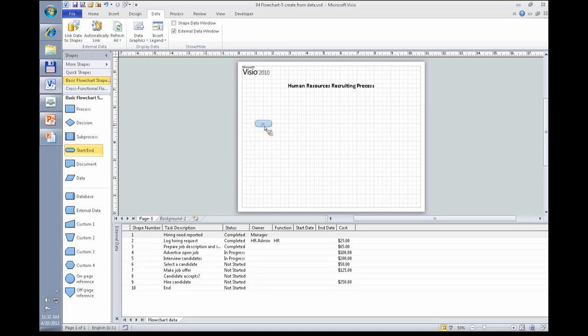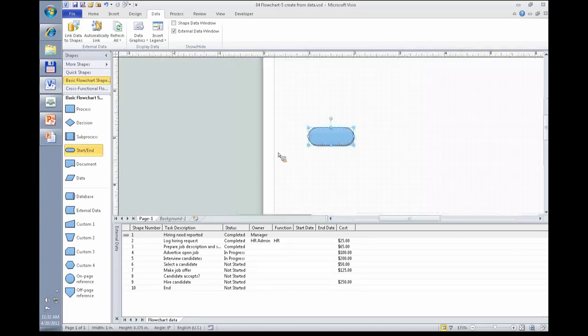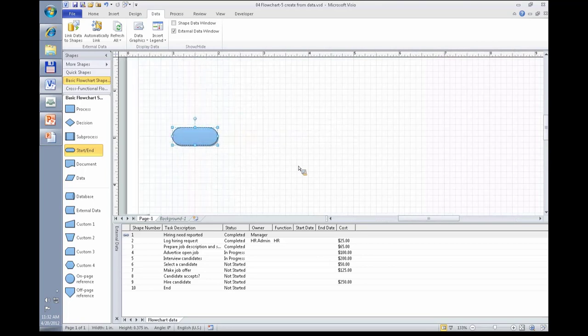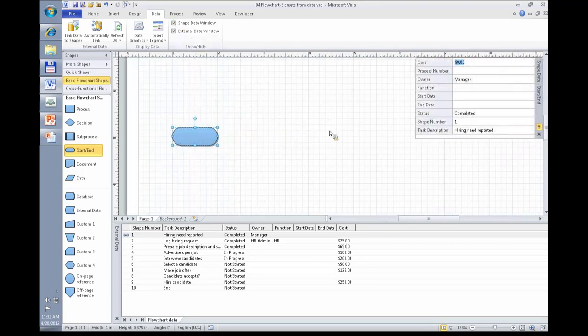But what I'm actually going to do is I'm going to do it all at once. By selecting the start shape and then dragging this row of data, I get a shape that contains data. Let's zoom in on that part of the diagram, and let's open the shape data window. And sure enough, you can see that this start shape has data in it, exactly the same as this row